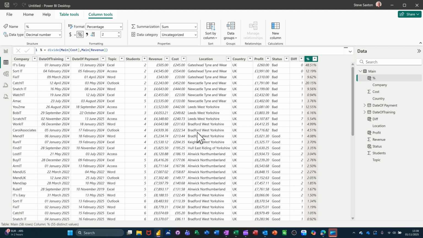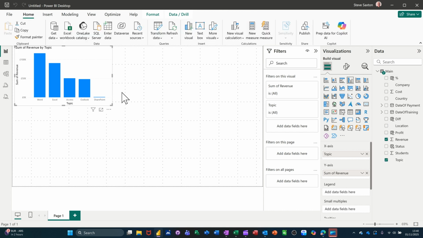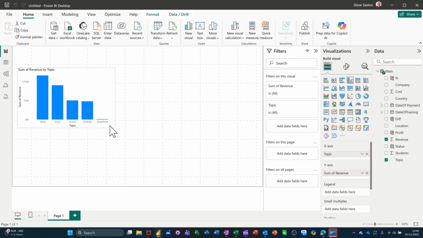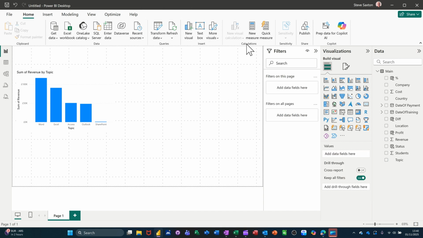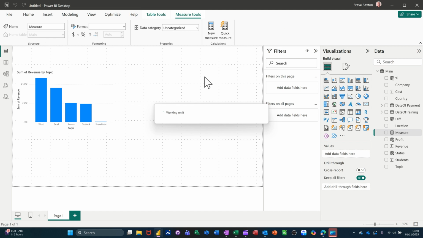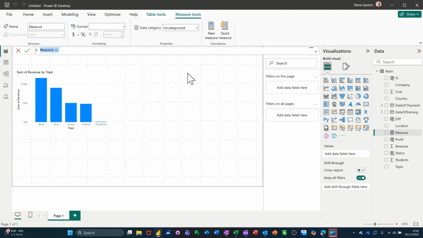Now this formula, or this measure, I'm going to do in the report area, and you can do measures here. I'll just move this down a little bit. So I'm going for new measure, and this time it comes up here. I'll call this last event, so that's the last event,